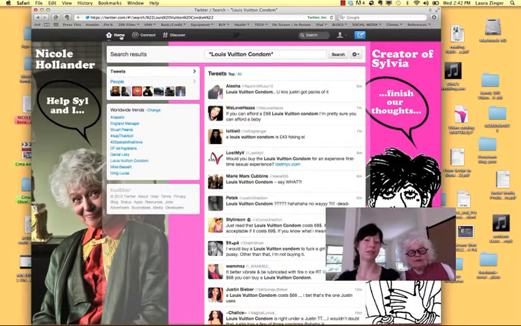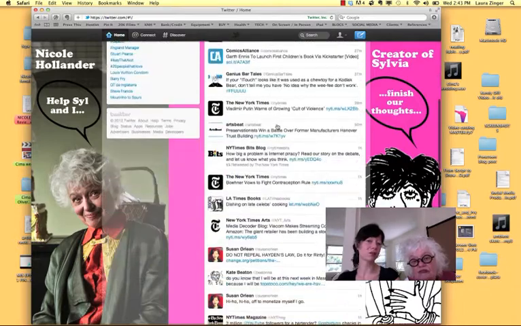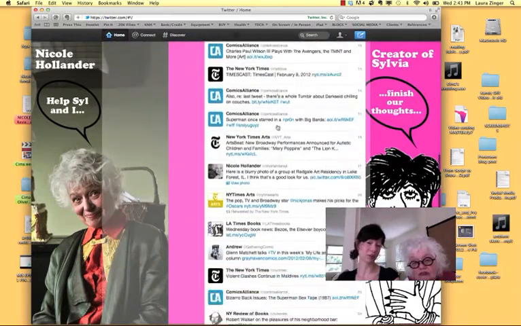If you click on something and get far away from your home, you can click back on the home key and you get back here. These are all the tweets that are coming into your feed. Everyone that you follow, all 33 people that you're following, you're going to see all the tweets that they send out through this feed. That means you're going to get hundreds of tweets a day, probably 100 tweets a minute.